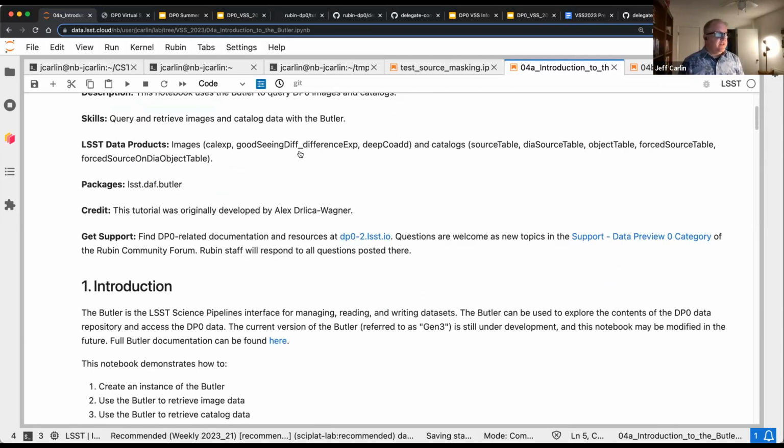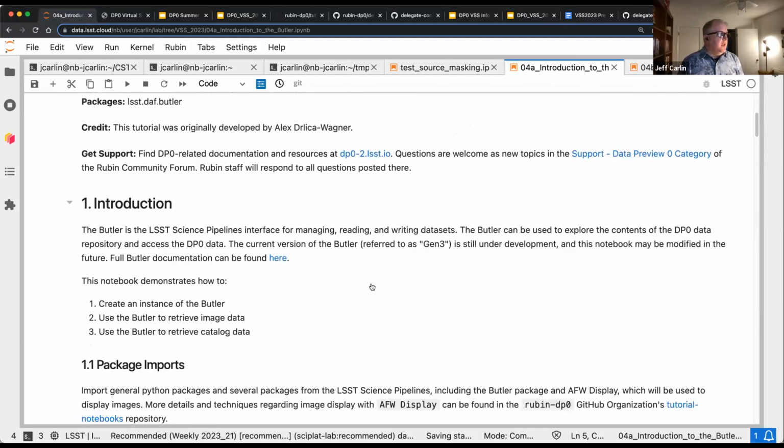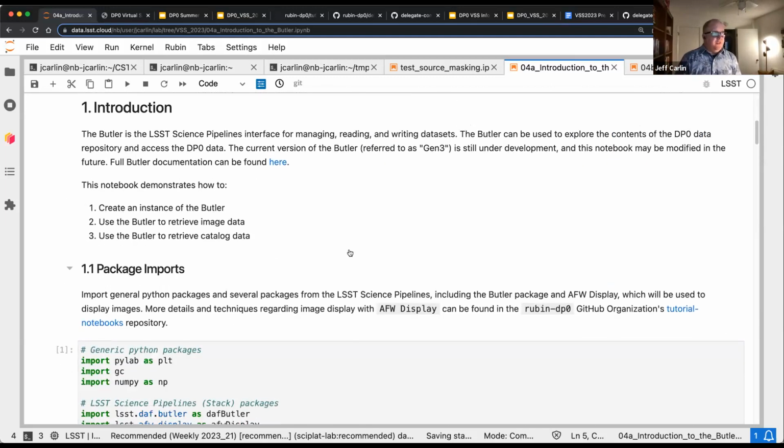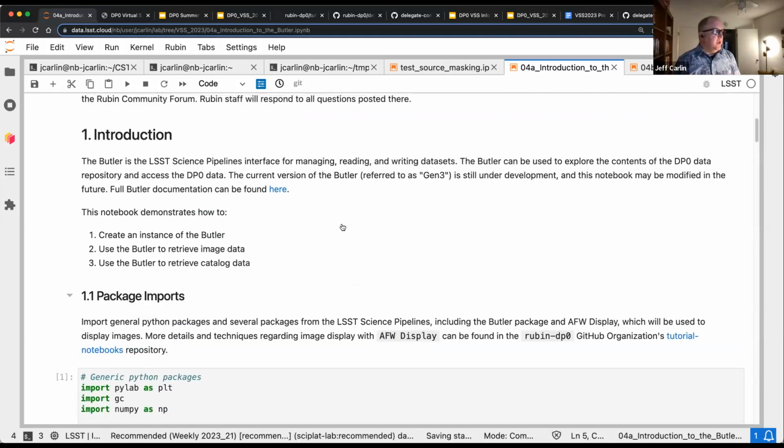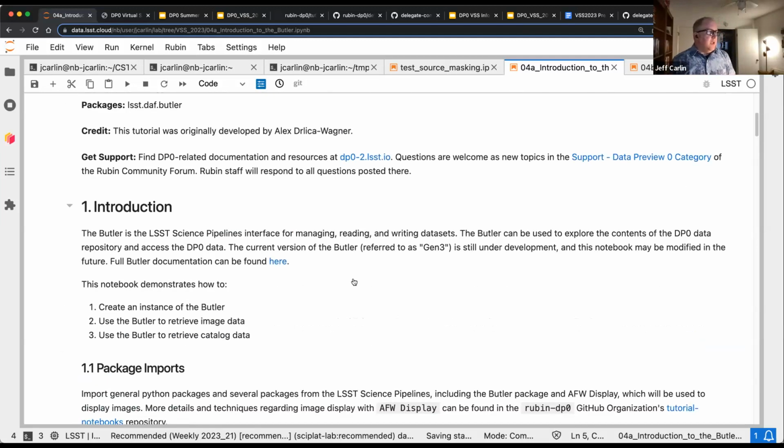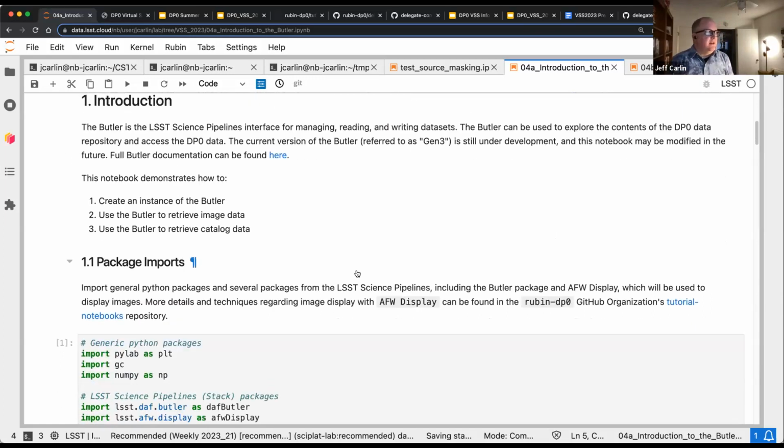There are links here, and I won't go through all of this information, but you've seen us do it a couple of times where we've created an instance of the Butler and used it to retrieve an image, for example. We'll go through that in a little more detail so you can understand what it all means. But the Butler is basically